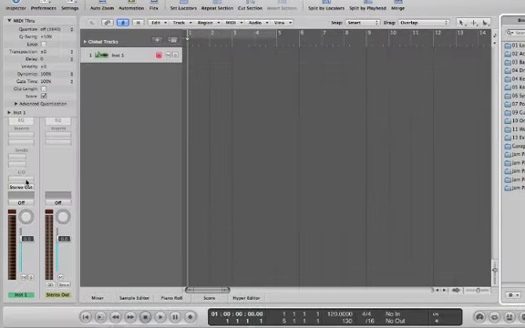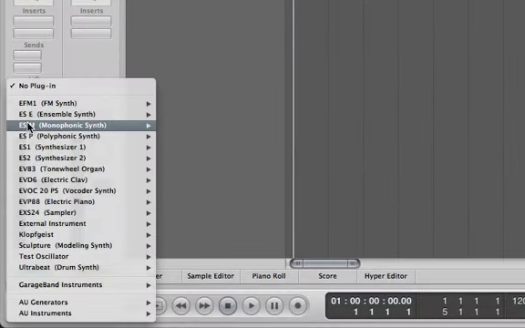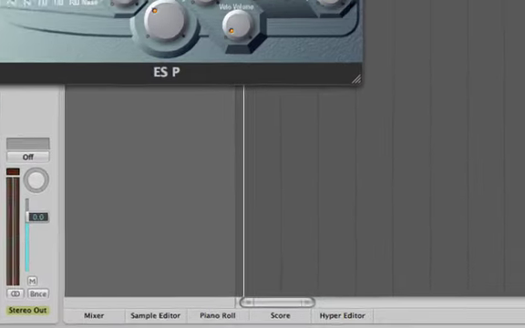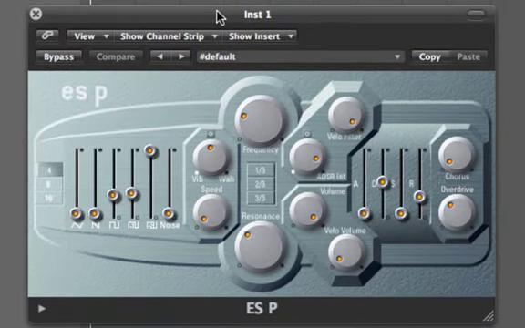Alright, first thing you're going to do is go down here to the input and input the ESP. It's a really simple synthesizer, doesn't have a lot of options, but that's good because the old video games didn't have a lot of different musical effects. So first thing I want to do is just go to the basics.